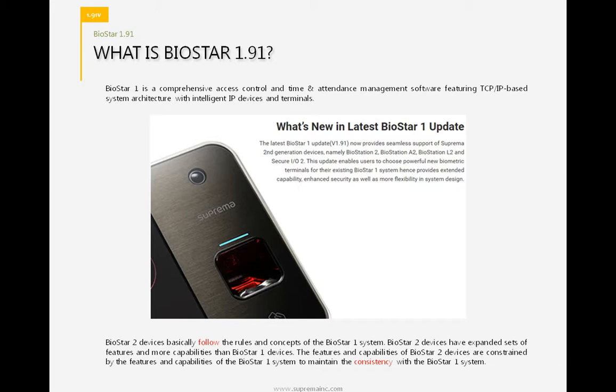BioStar 2 devices will basically follow all the rules and concepts of the BioStar 1 system. As you know, the version 2 devices have an expanded set of features and more capabilities than BioStar 1 devices. But the features and capabilities of BioStar 2 devices are constrained by the features and capabilities of the BioStar 1 system to maintain consistency with BioStar 1.